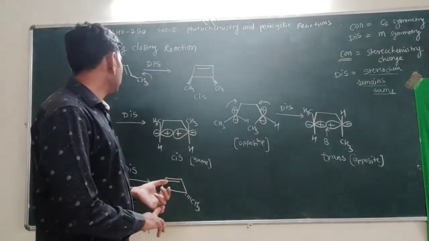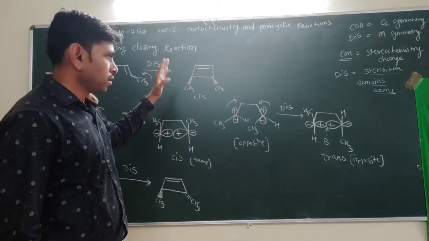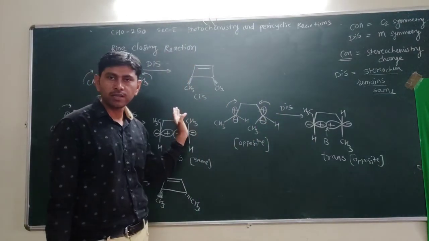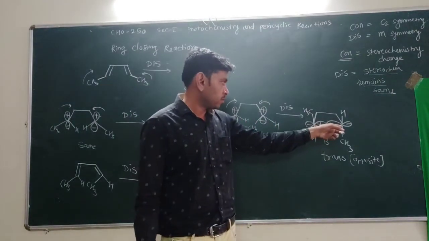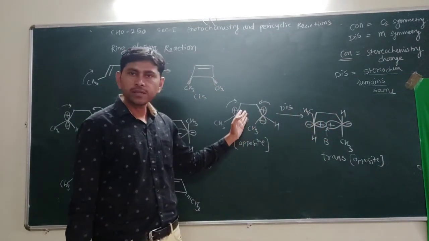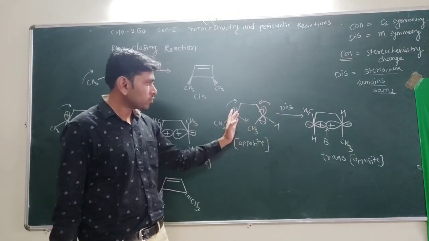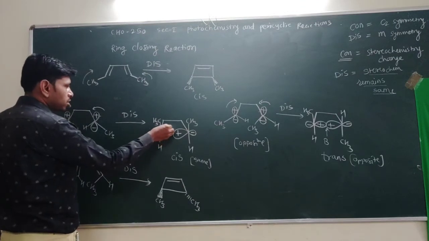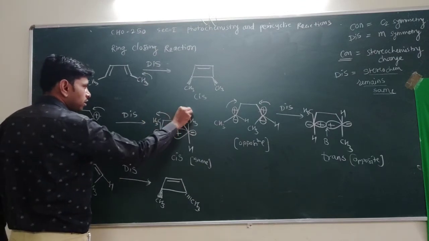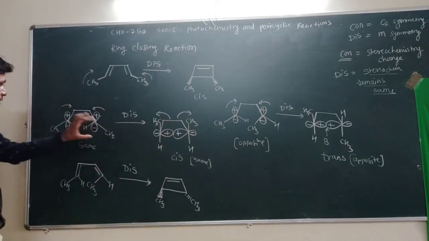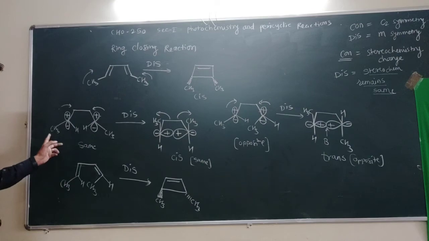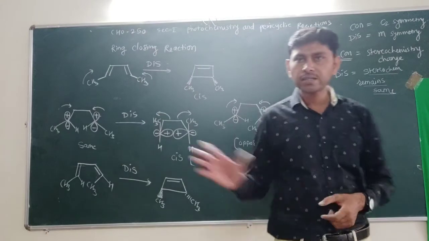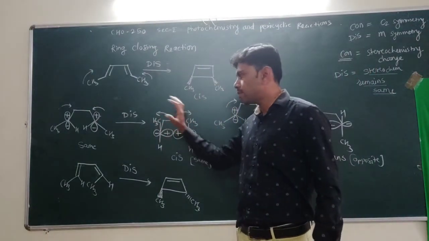Okay, so what we studied is ring closing reactions, and the same principle applies for ring opening reactions also. Here in the ring opening reaction, in this rotatory motion we obtain a similar product. In this case, one is rotated anti-clockwise, another rotated clockwise. So in the reverse direction we can obtain this product with the same stereochemistry, here CH3, when we apply this rotatory motion. That means ring closing and ring opening reactions are reversible reactions in which we can apply the same rules.